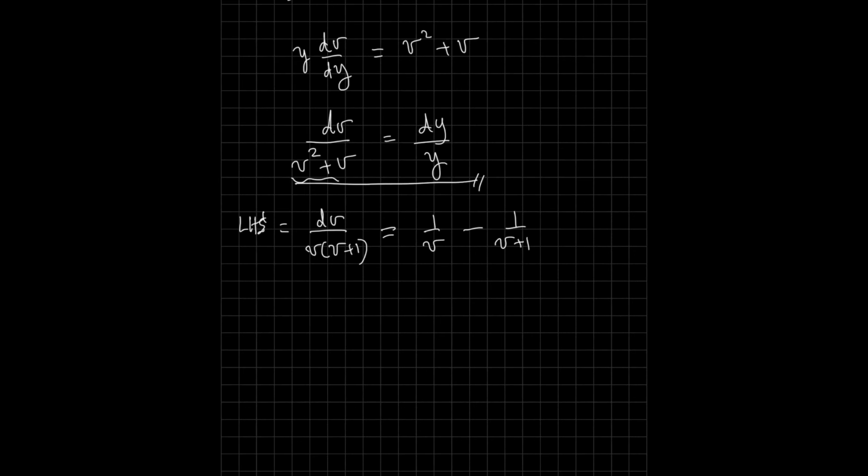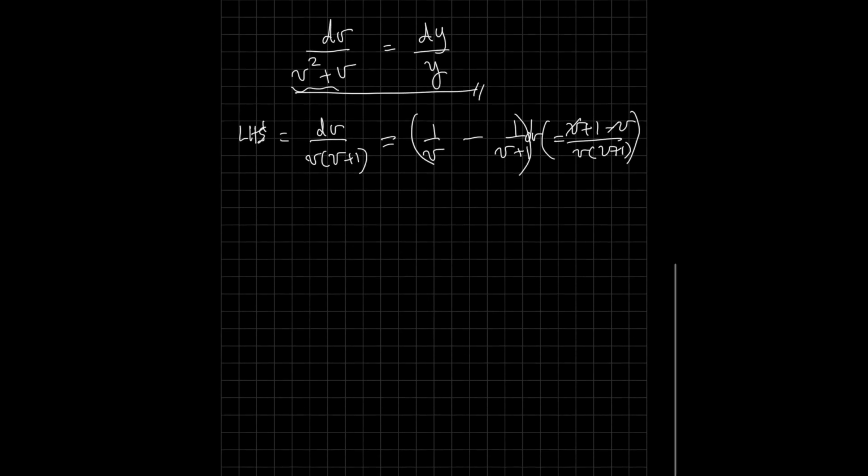You can just check that if you collapse this into one function, you have v plus 1 minus v all over v times v plus 1, right? And you can just cancel the v's. So you're back with the original expression, and actually you have a dv here, right? And so if we integrate that, what we get is